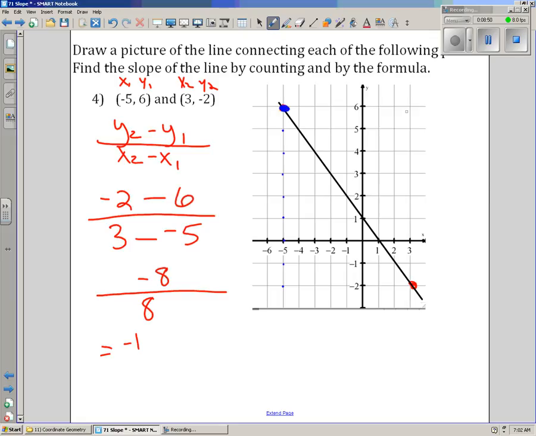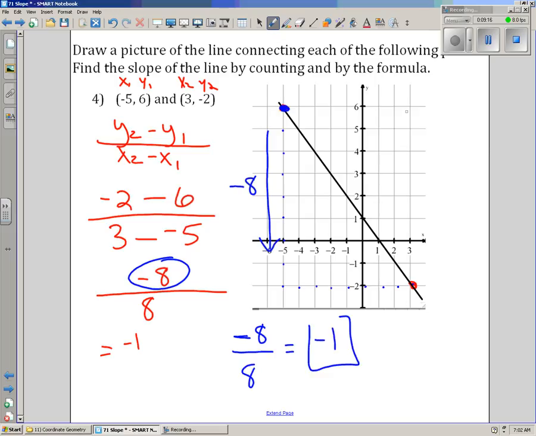If I'm going down, down is negative. And that's why, if you're counting this for the first time, if you're going down, we have to be negative. And you can see that from the formula. We get a negative 8 in the numerator. And now we're going over 1, 2, 3, 4, 5, 6, 7, 8. We're going 8 in the positive direction, because to the right, bigger x's, that's positive, divided by 8, and we